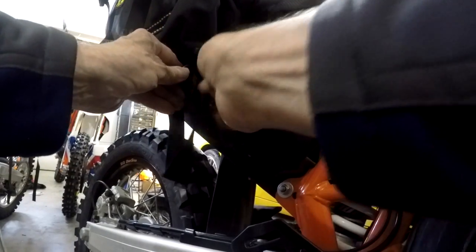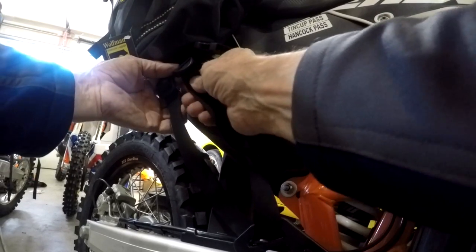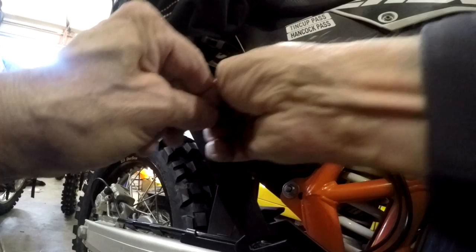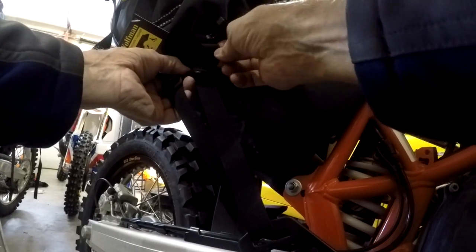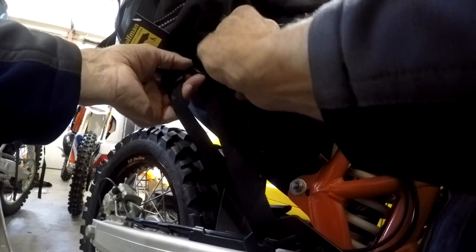Okay, guys. So the goal here, again, is to get this strap over there. Let's just put this in my knees and we'll see how that works. I think they gave you more room on this side. They did. Wow. What's the deal here? This is pretty straightforward on this side. Maybe I just got shortchanged. I'm pretty sure the quality control is such that they would be the same on both sides, but look at the amount of length I've got